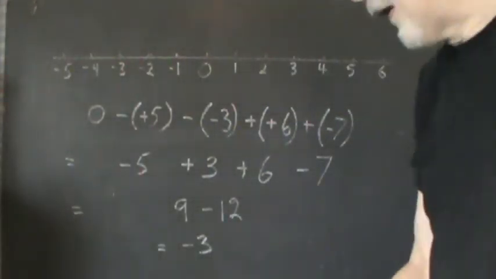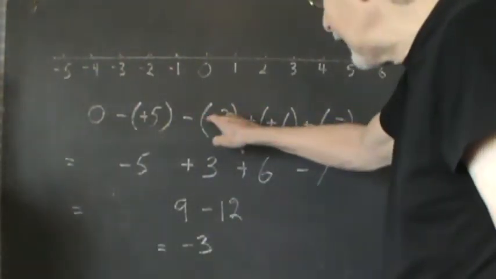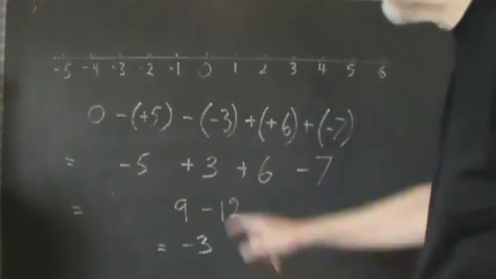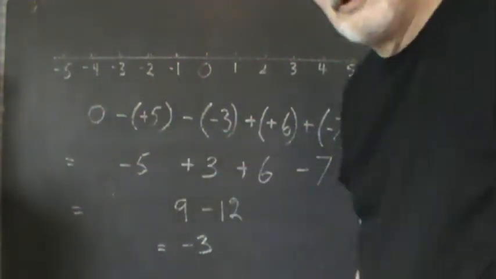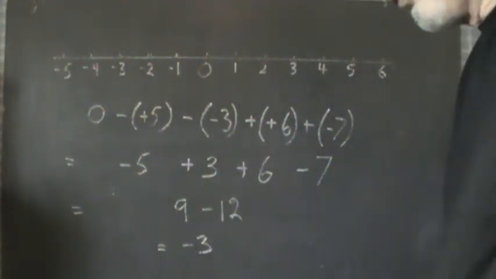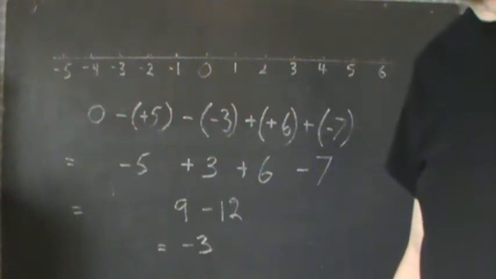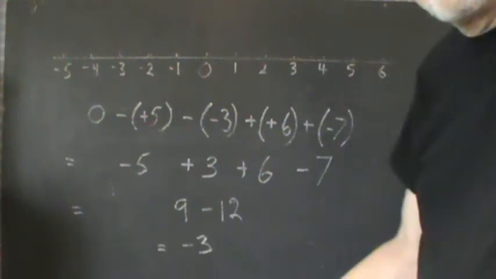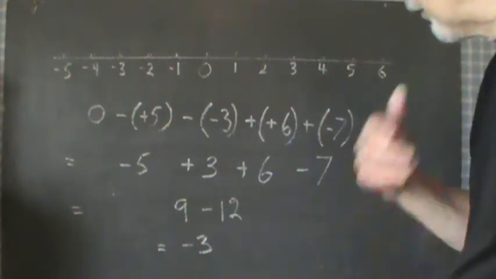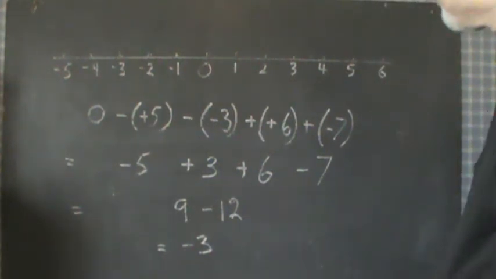So the rule is, if the signs are identical, replace them with a plus, and if they're different, replace them with a minus. If all you want is the rule and you're not worried about an explanation, then you can turn the video off and go and do something useful. If you want to hang around, what I'm going to talk about here is